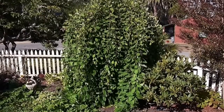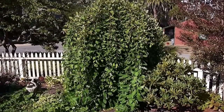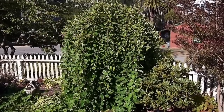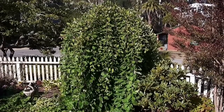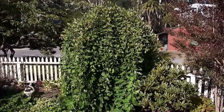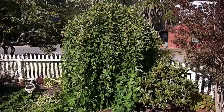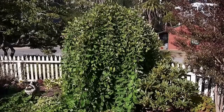And I'm up in the San Francisco Bay Area in my client's garden. And I want to share with you today how I have trained this weeping pussy willow. I planted this plant for her, and I've also been pruning it, and it was really small. It was probably like 3 to 4 feet tall and not very wide. And I have gradually trained it over time to get into this form, and it's getting taller and it's getting